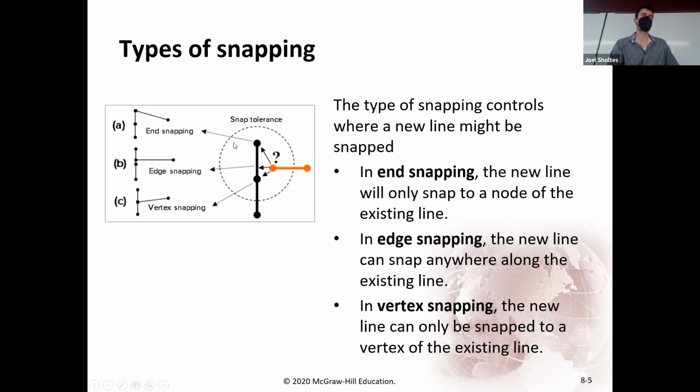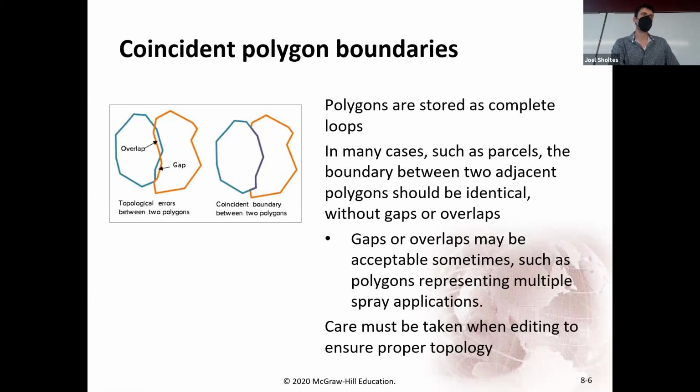There are different kinds of snapping. We can snap to the end. We can snap to an edge, meaning this connection between nodes. And we can also snap to just any vertex in between. A vertex is just a point in between, or a node in between, the ends of a polyline or a polygon. Polygons are a little more complicated because it's not just a line that we're connecting, right? And